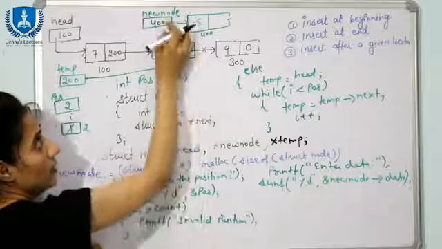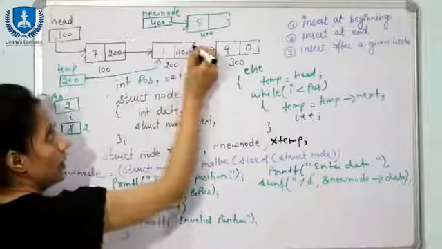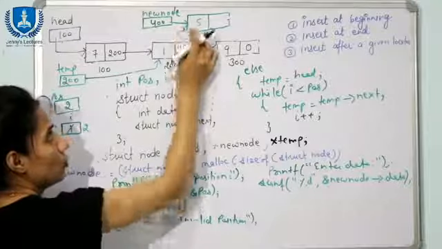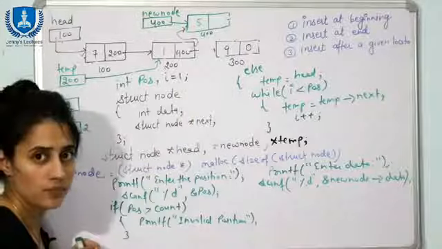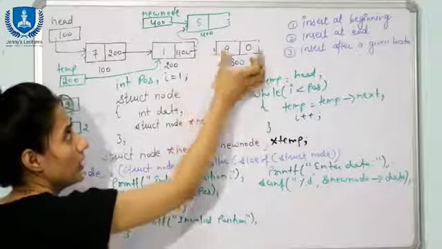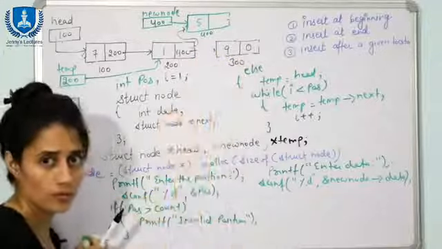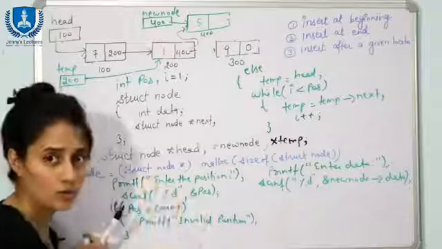Fine. You will write down what? Temp next is equal to new node. Now this node is going to point here. Now there is no link like this. Now what is the problem? Now you have lost the link to this node. Now this is a free node, this is not in the list. Now how will you establish this link? So that is a problem.